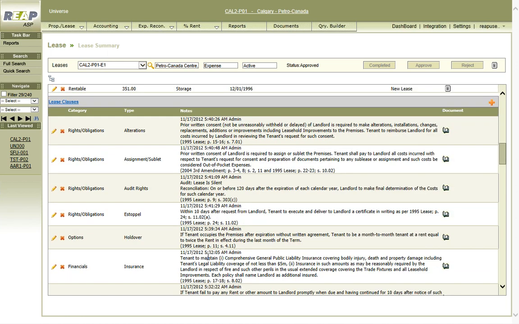In the Clauses section, you can capture all clauses that are available in your lease abstract and bring them into the system. Not only can you capture the clauses data, you can associate, basically link, documents and bookmark these documents. For example, let's say you're looking at audit rights. You would have captured only the synopsis of the actual lease language within REAP. But then I can click on this